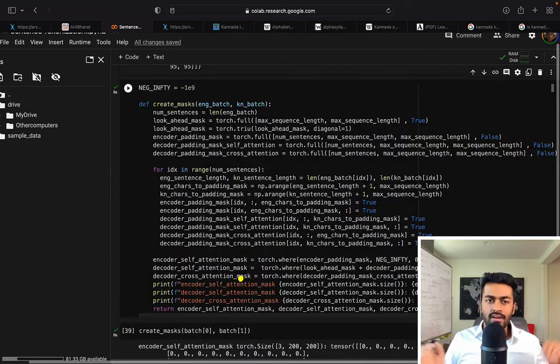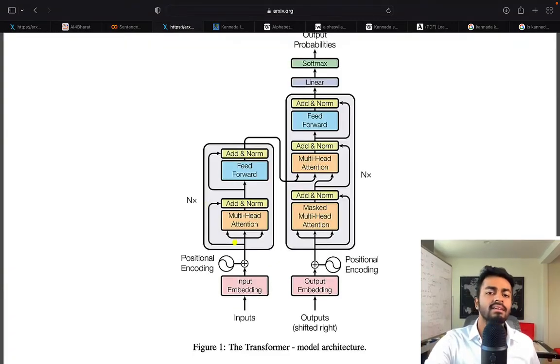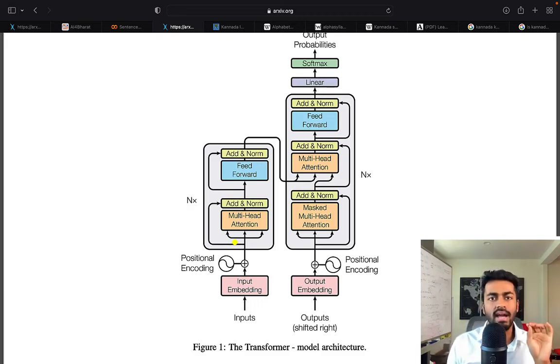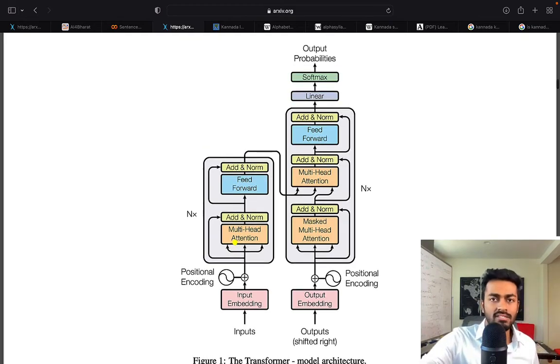Now, in the last part of this video, I just wanted to very quickly touch on masking. Now, coming to this transformer architecture, you'll see that you don't really need a typical type of masking for the encoder part. The only kind of masking you need is a padding mask, and that's just to say, hey, do not look at the padding when you are computing this loss function and updating gradient weights here. So don't look at the padding tokens, they mean nothing. So we might need to have a padding mask interjected within the encoder, in this multi-head attention part. But with the decoder, you need a masked multi-head attention,